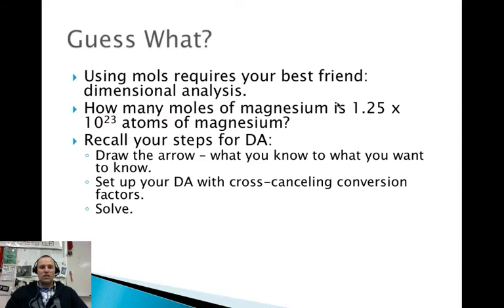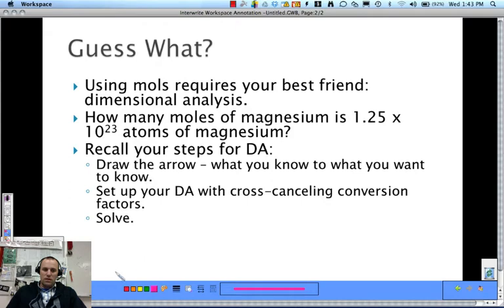Okay, so let's look at this first example. How many moles of magnesium is 1.25 times 10 to the 23rd atoms of magnesium? First, write what you know. In this case, we know that we have 1.25 times 10 to the 23rd atoms of magnesium, and you really